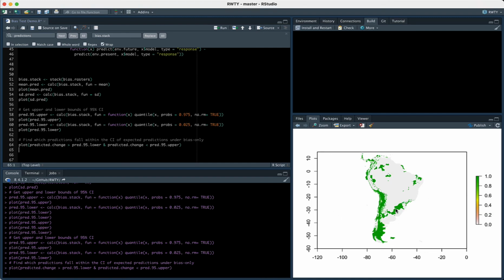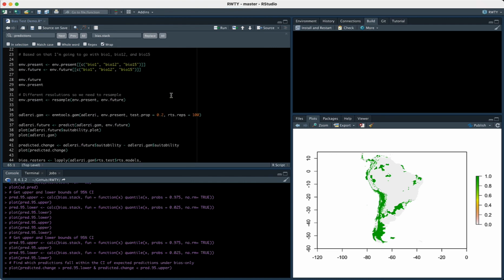Right, so the ones here, the little green areas, these are areas where the predicted change in habitat suitability from our real model is, statistically speaking, indistinguishable from what that prediction would be if our data contained no information. So these are areas where we might not want to invest a whole lot based on what this model says, because it's a place where the predictions we're making don't seem to be strongly driven by the data. So that's just a kind of quick and dirty